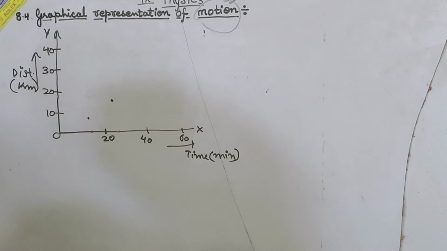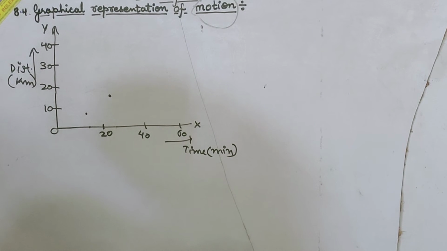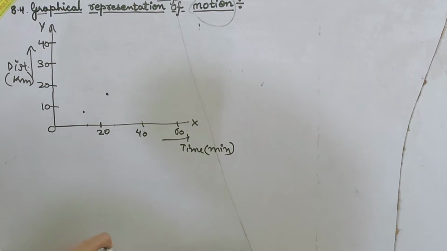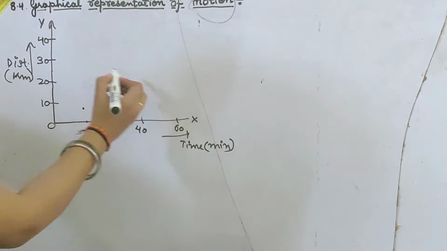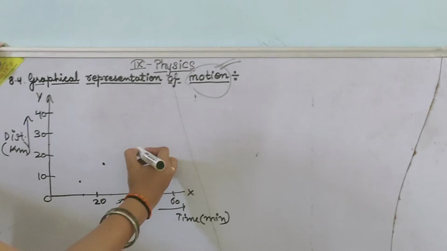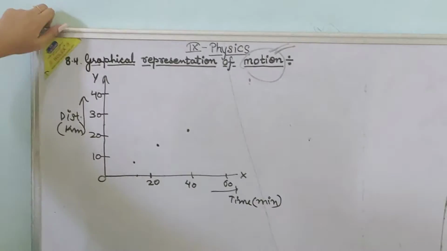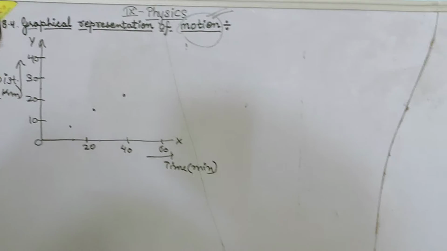And then it has covered the 40 kilometer distance at 25 kilometers. These both points will reach here. Then there will be the next point here, and it has reached up to